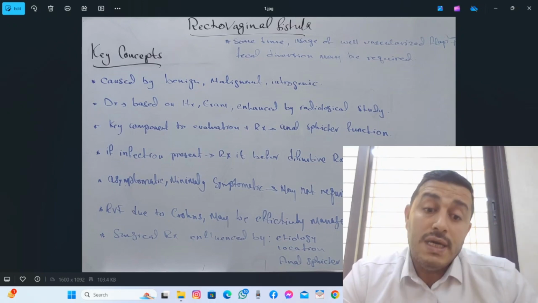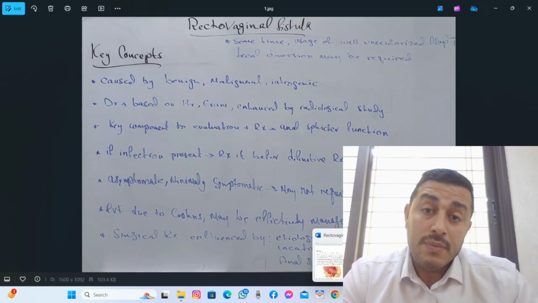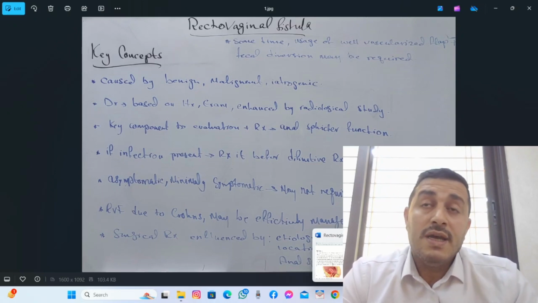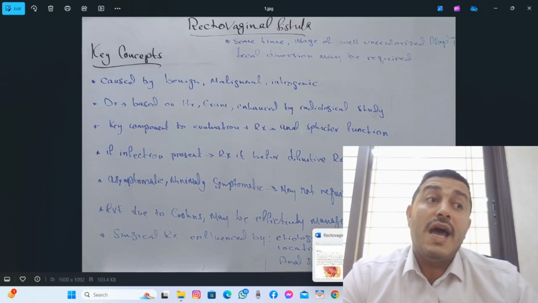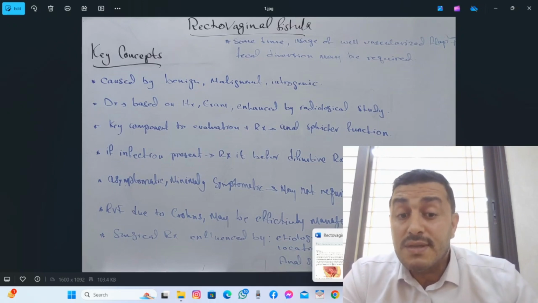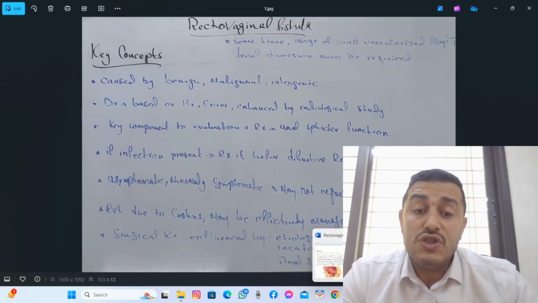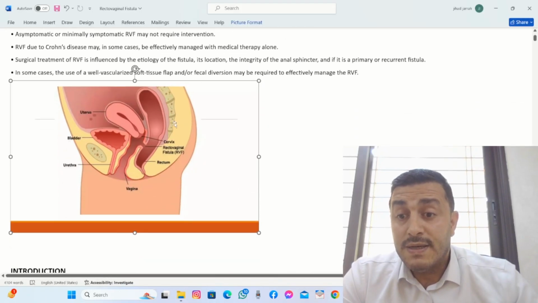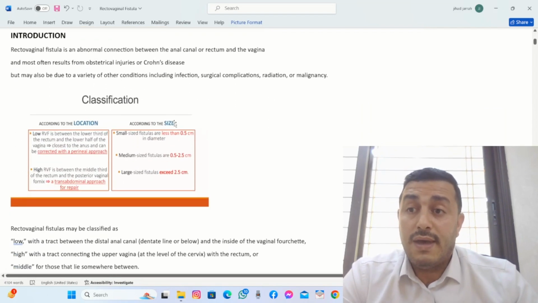We said also that one modality of treatment is fecal diversion. In rectourethral fistula we said that urinary diversion and fecal diversion exist. Even urinary diversion is the first step in treating simple fistula. Here we are talking about rectovaginal fistula, so fecal diversion may be required sometimes. We will see this in the next few minutes. Okay,